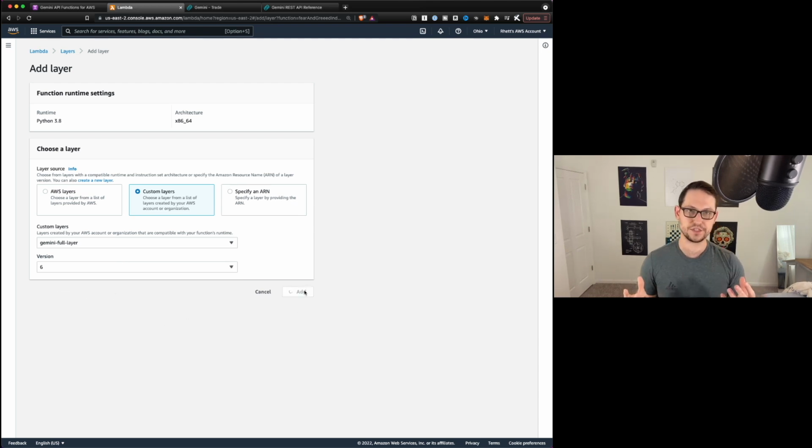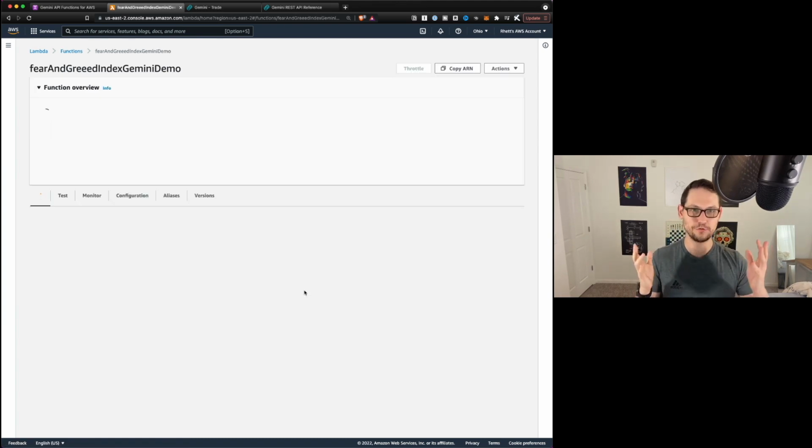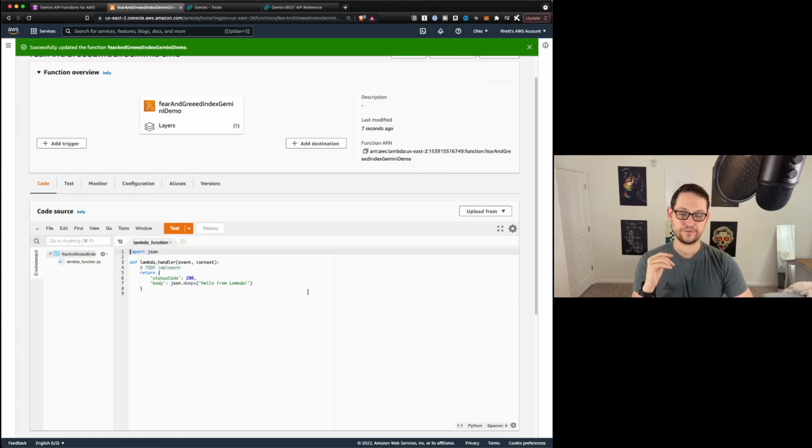I always like to add this first because if I don't add it, I'm going to forget and then it'll give me an error and things won't work and I'll have to go add it later. So now that we've added the layer, we're just going to delete the code that was in here by default,